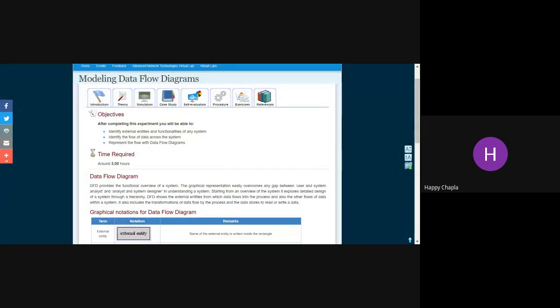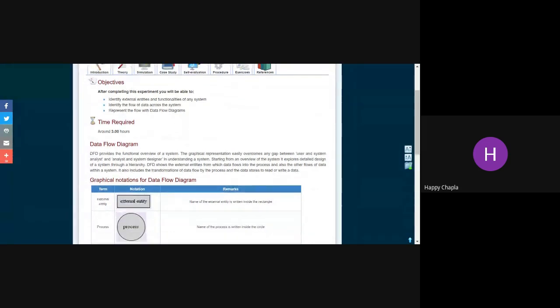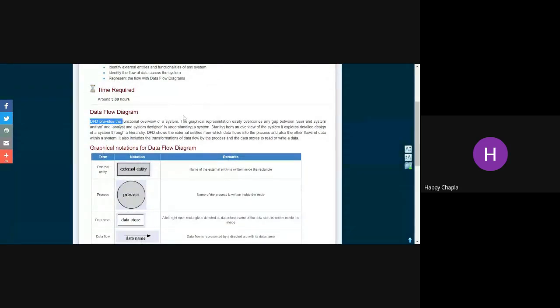Now, what is a data flow diagram? This data flow diagram is a functional overview of a system. That means this is also a functional overview. A use case diagram is also a functional overview.